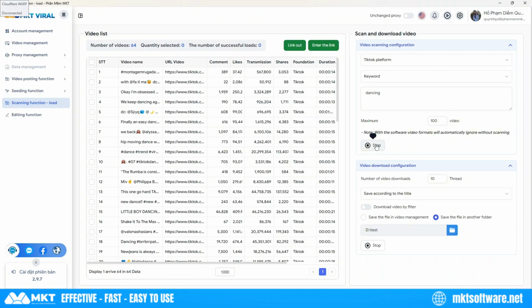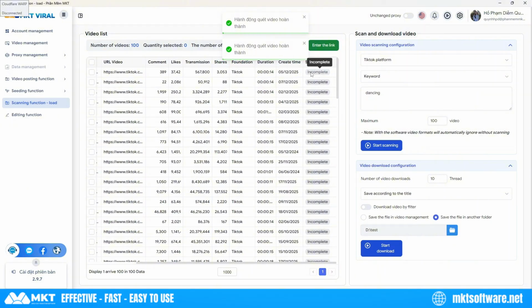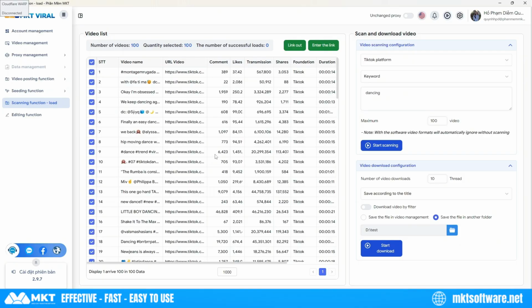You see that? The speed is very fast. You can download with a book or number. It's all done now. And after that, you can auto download all of that video that you have scanned in